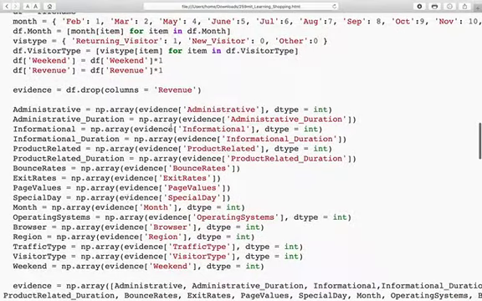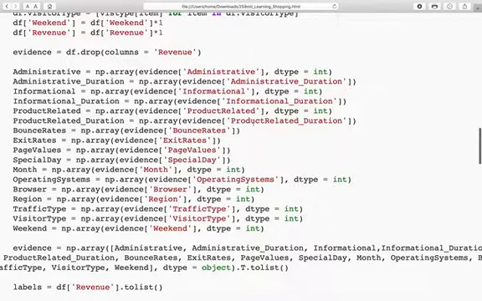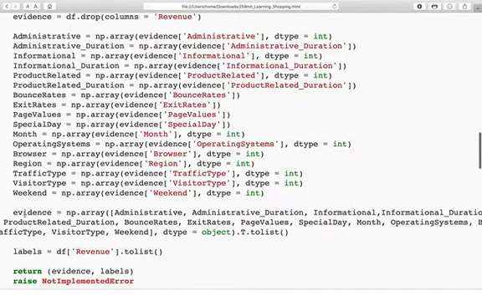One challenge that we face is that whenever we convert a pandas data frame into a NumPy array, the default data type here is float. So all your integers are converted into float data types. To avoid that, you could create an array of every column and assign into those columns whichever you want. If you don't assign, it will be taken as float by default. After that, you could just keep on doing it, and in the end, you can combine all these NumPy arrays into a new NumPy array, assign that to evidence, and you can set its data type to object because object supports both int and float data types.